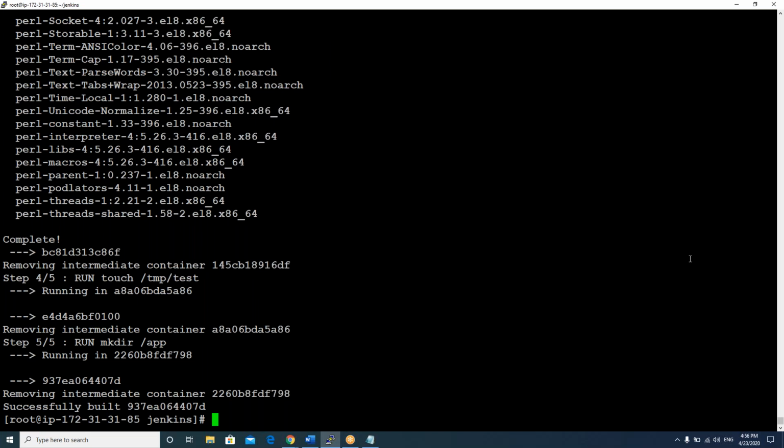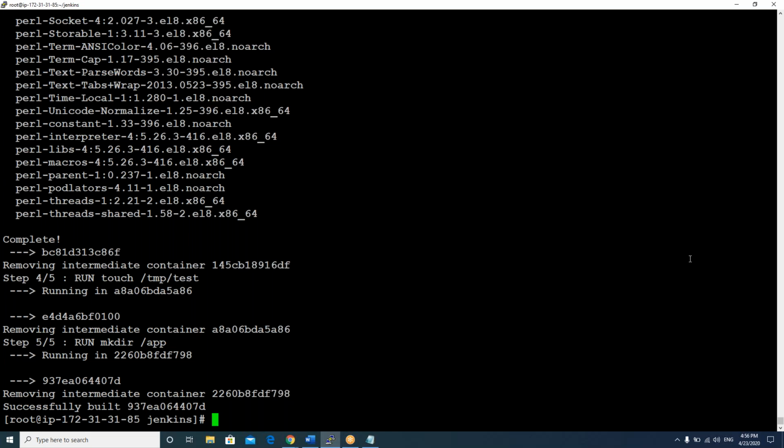What is the third step now? Git. So again, in that new container, Git will be installed. The old container will be deleted, and a new container will be created. What is the fourth step? File creation. Okay. So on top of that container, that file will be created.